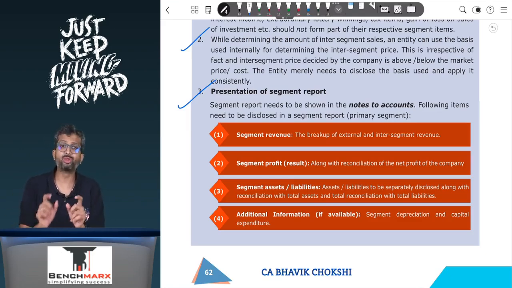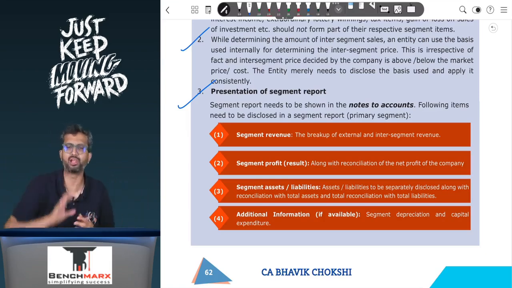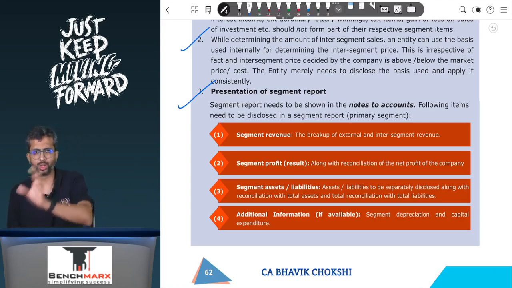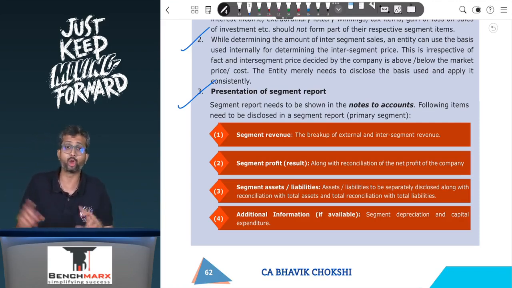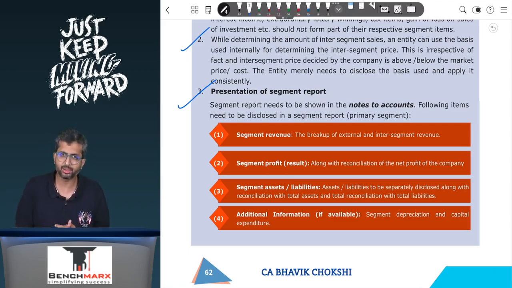For example, what are the reasons for differences? First, unallocable items, like an MD's salary. The MD is devoting time to every division, and hence it may be difficult to allocate the MD's salary to a particular division. Or there may be a bus for your employees of audit, tax, everyone who drops from your office to the station and vice versa, which is used by every employee, and hence you may not be able to allocate it. So the difference may be due to unallocable items,